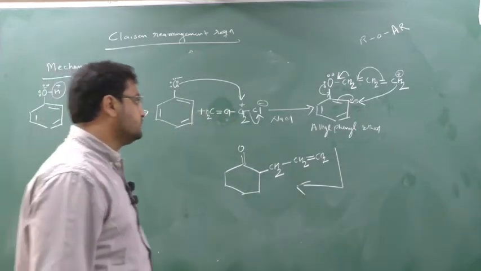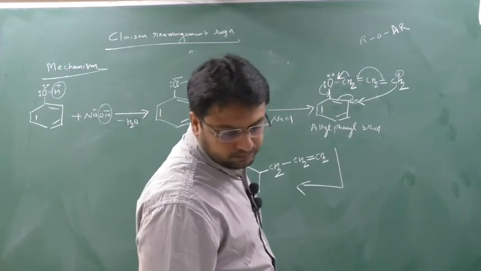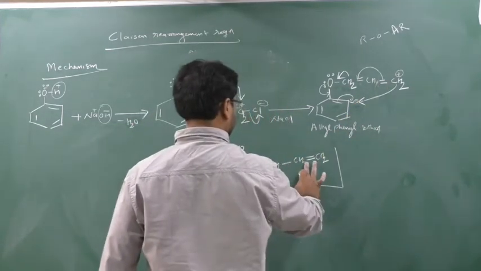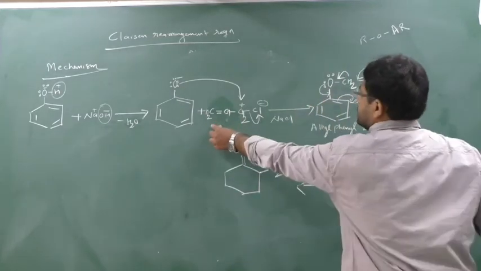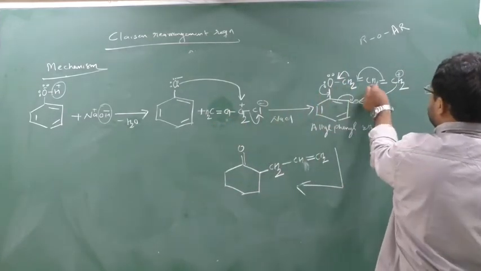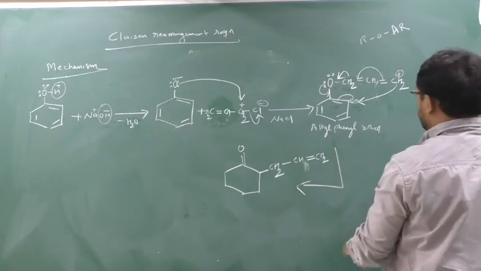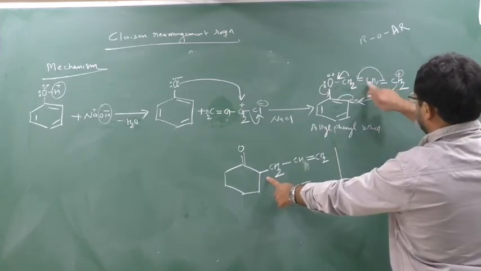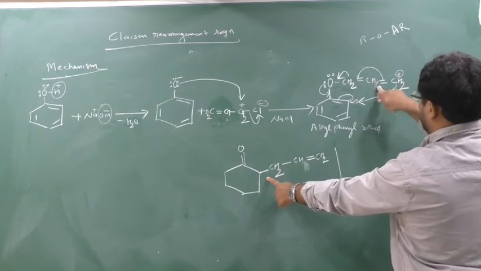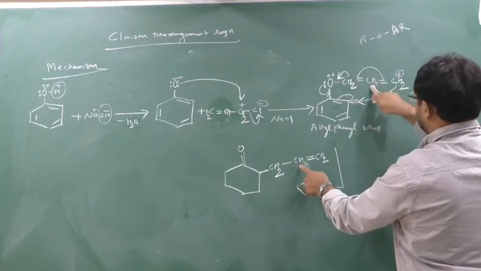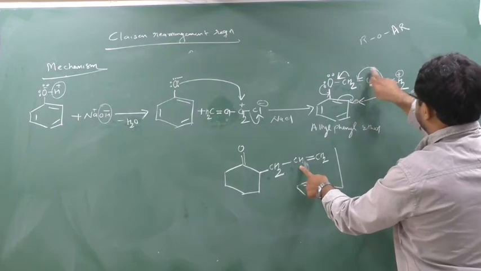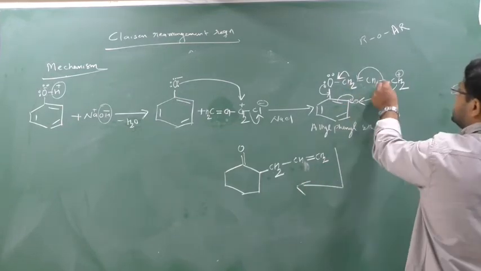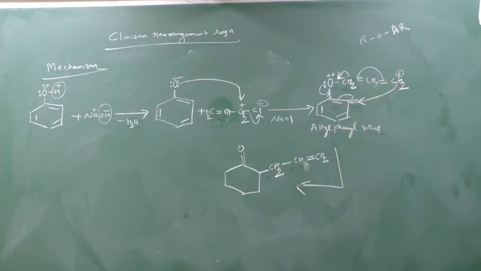Yes or no? See, CH will come, sorry, yes, CH will come. CH2, CH, CH2, Cl has gone. Now this pi bond will shift here, so this pi bond is shifted from a double bond converted to a single bond, CH means CH. Now this was a single bond, but this pi bond shifts here, so a double bond. This CH2 has broken the bond because he has made a new bond here. So this will take place.